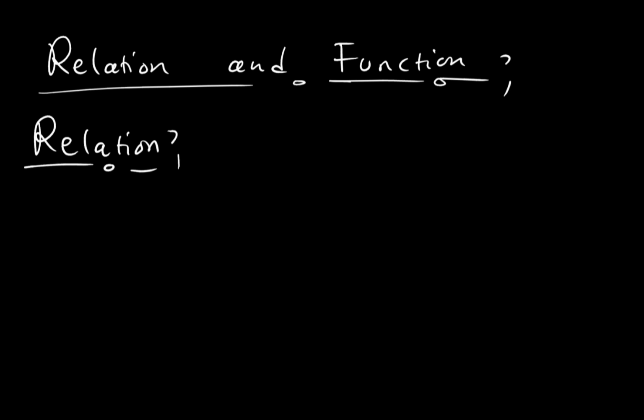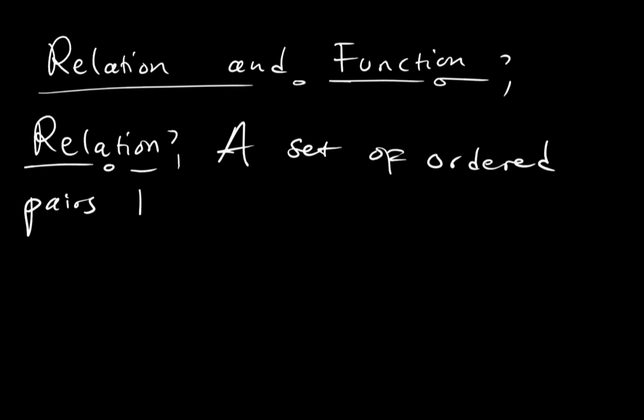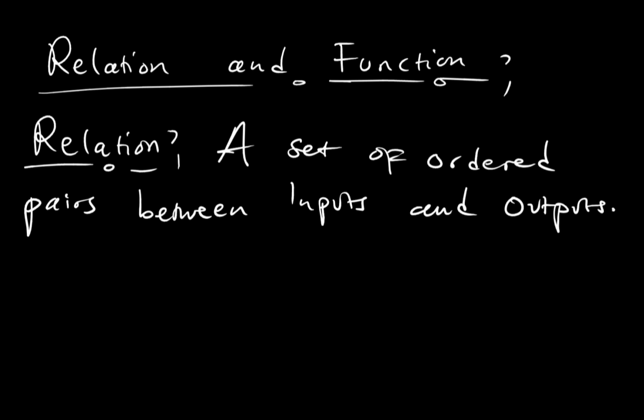So a relation is simply just a set of ordered pairs between inputs and outputs. Now, I also want you to understand this, that every time we're looking at what are known as input values,